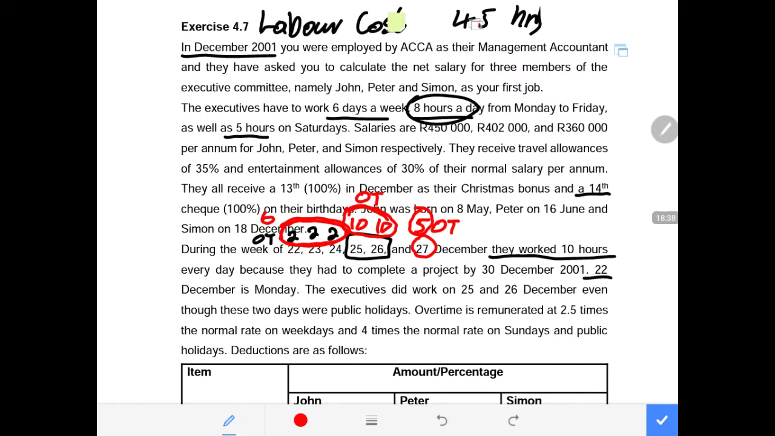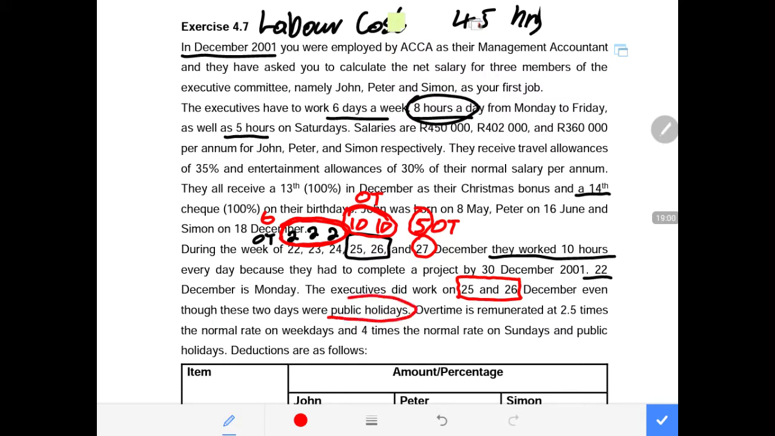Now let us proceed further. It says the executive did work on the 25th and 26th of December. They are highlighting that on the 25th and 26th, the executive did work, even though these 2 days were